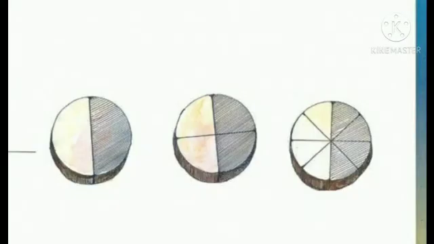The same circle divided as 2 by 4. In the 2 by 4 also, 2 by 4 is half of the whole. So 2 parts are shaded. And the next, the same circle we can divide into 8 parts. In the 8 parts, 4 parts also is equal to half. That is, in the whole figure, half is shaded. So in each figure, half of the figure is shaded.